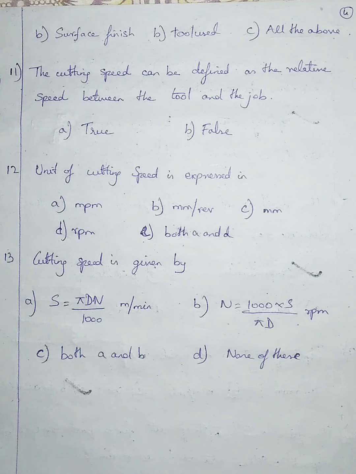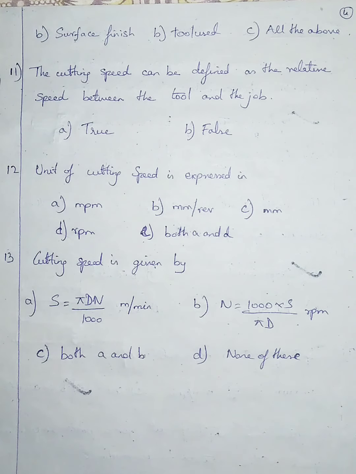If the tool is lighter, then you can't get more depth of cut. If you need less surface finish, you don't need a good depth of cut. That is, 0.2 mm is enough. You don't need a good feed. If the material is cast iron, you have to take a good tool and more power. Then only we get a good surface finish. Then only can we take a good depth of cut.